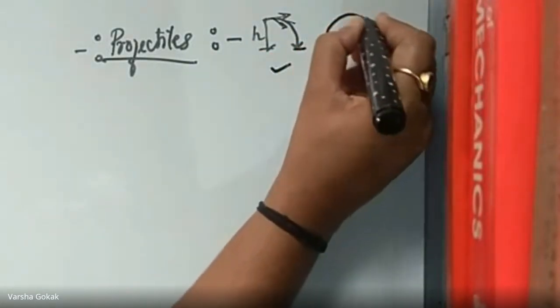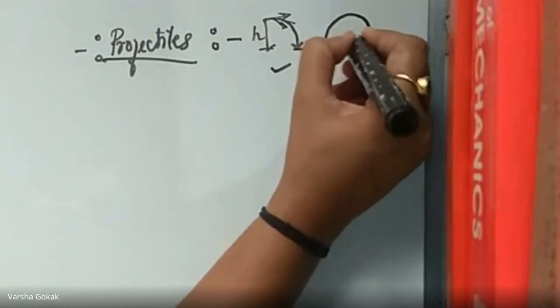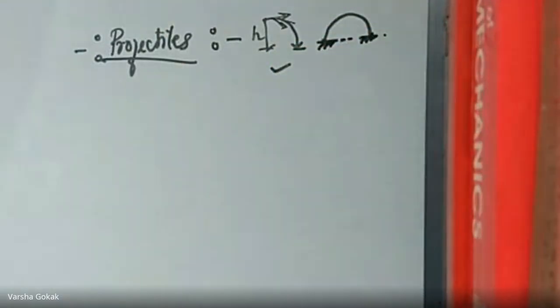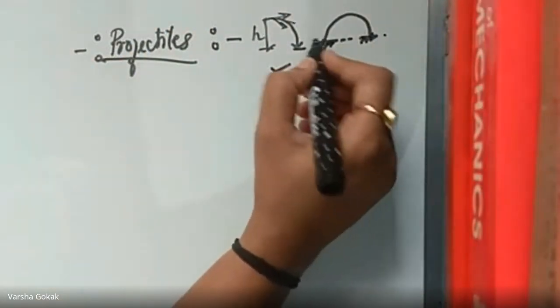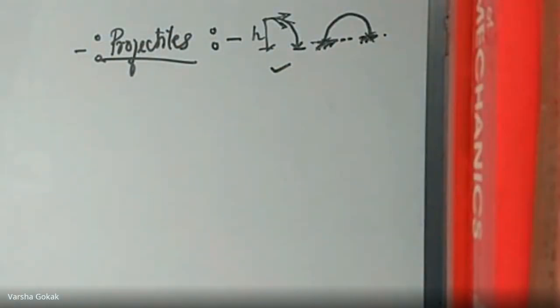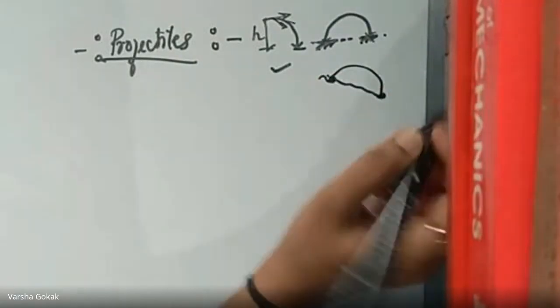Second type, when a particle is projected in such a way that the start of projection and the last point where it is going to land are both at the same level. That is, from where it starts to where it drops, both are at the same level. So this is the second type. And the third type we will see is when there is a projectile at different levels in this manner.